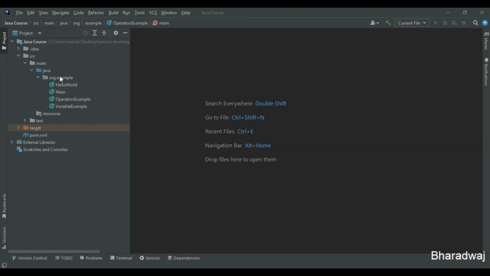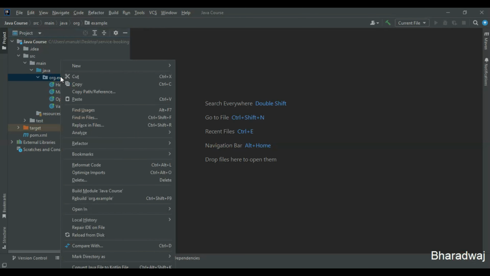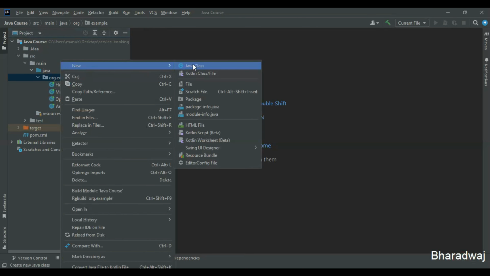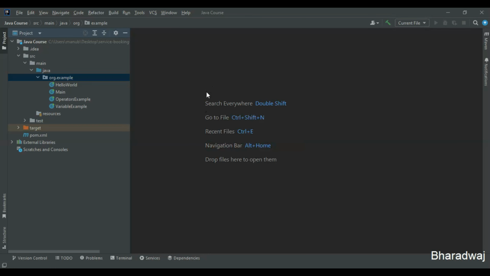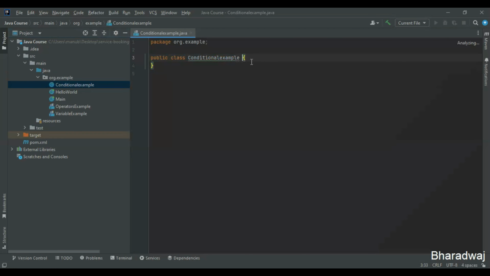I'll just come here, right-click, hover on new, and create a new Java class. I'll name this one ConditionalExample and hit enter. Here we can see that we have defined a public class named ConditionalExample. Here I'll define the main method by making use of